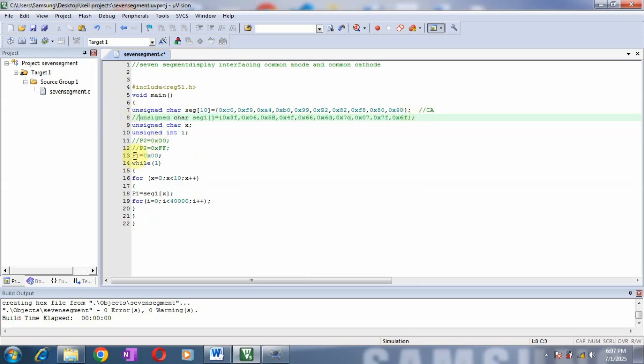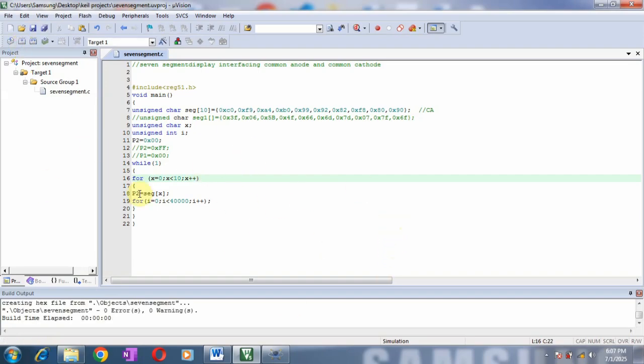Now we don't want port P1 but port P2, so I will remove the comment on P2 and make the change from P1 to P2, and instead of segment 1 I am going to write only segment, because the array name for the common anode is segment. Now I will save this and build it.